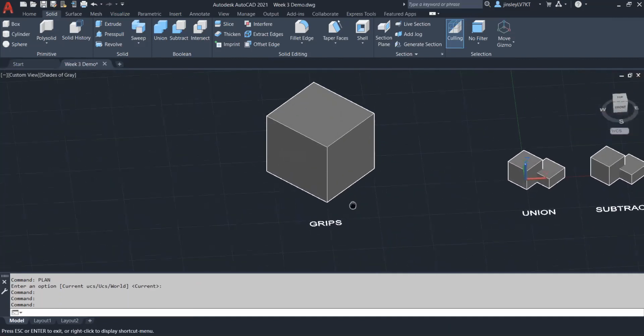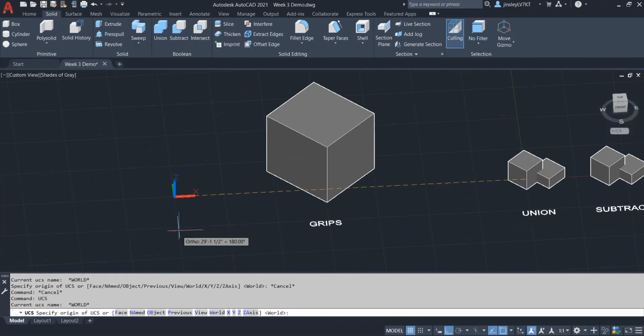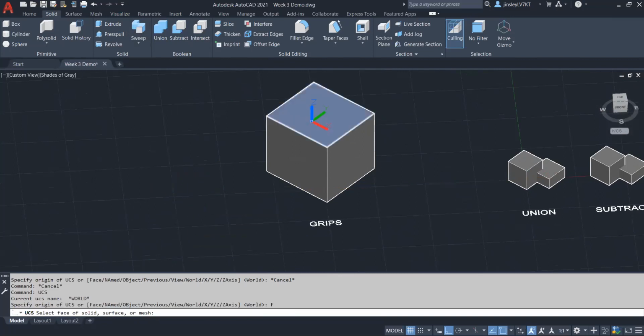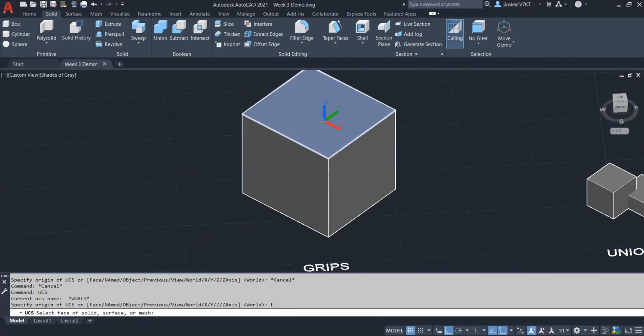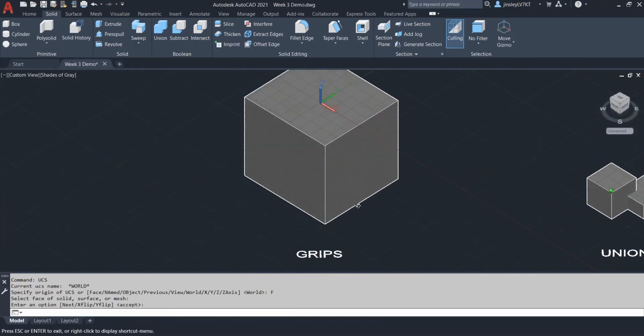I'm going to set my UCS. Here's my UCS. So the command is UCS, enter, and the option I want is face. So F for face. I'm going to pick this face. You see how my UCS is aligning itself to this face. So if I wanted to,